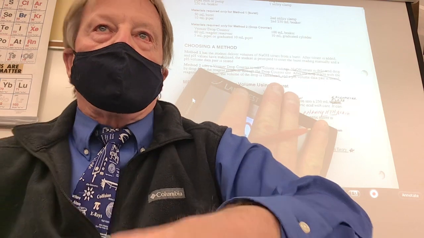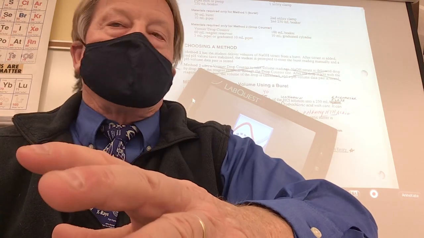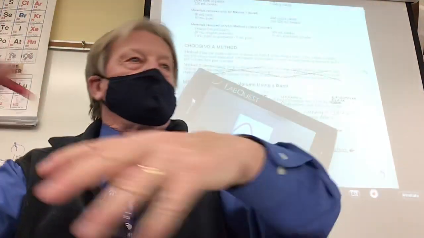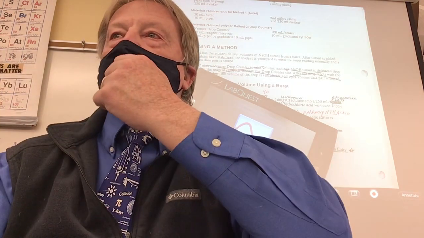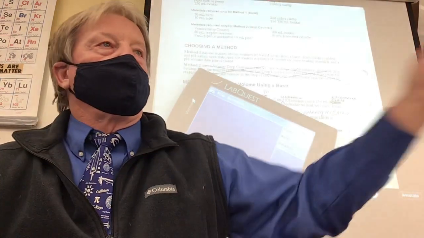But eventually what you're going to do is take this stuff off of LabQuest and put it into Logger Pro. Logger Pro is a program, a data cruncher. For any kind of experiment you want, you can put the data in there. It'll let you put a title on it, it'll let you change the axis, it's really a valuable thing. So you won't be doing any hand-drawn graphs here, okay?